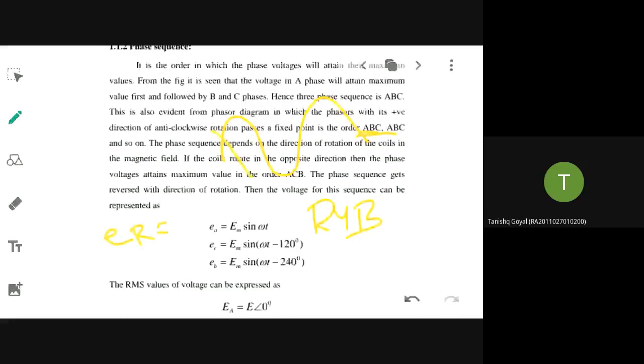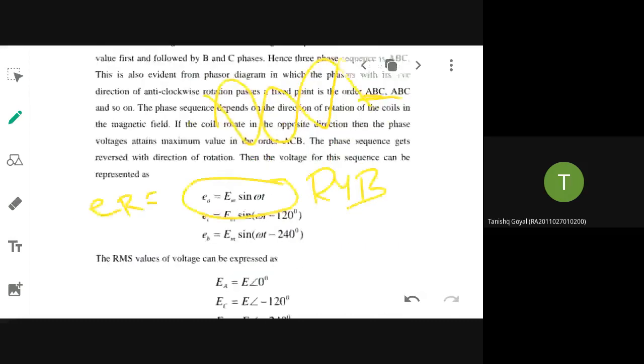If you want to mathematically express each and every phase, then the first equation represents what? That is ER or EA. So, what is the first equation? EM sin omega t or EM sin theta, where theta will be equivalent to omega t, where omega is equivalent to 2 pi f. That is general representation. Make a note of. What are these equations for? We are having three phases now. Sinusoidal. Three phases are there now.